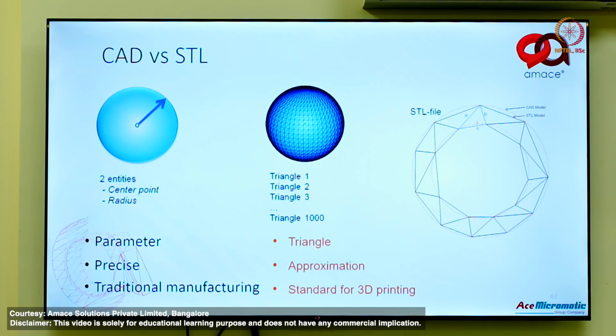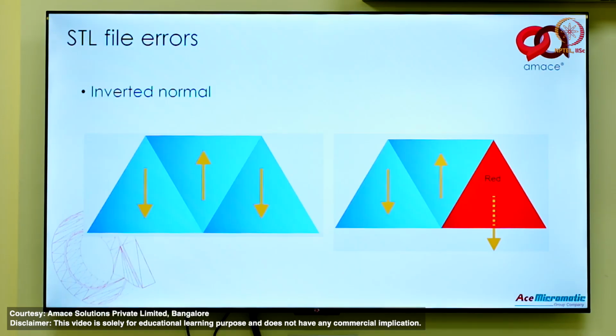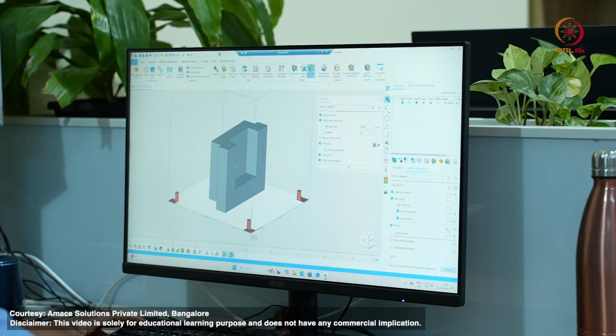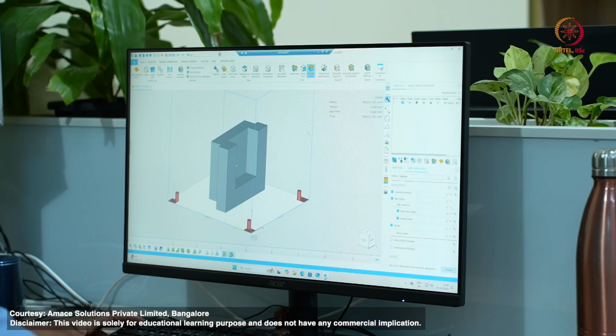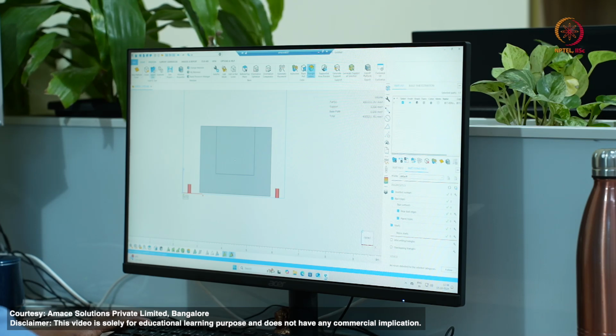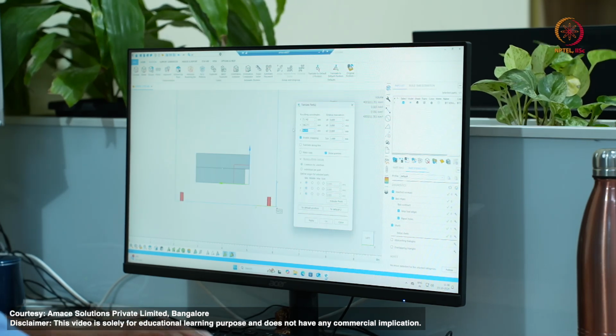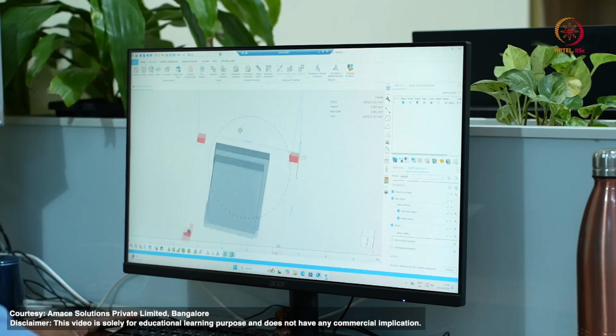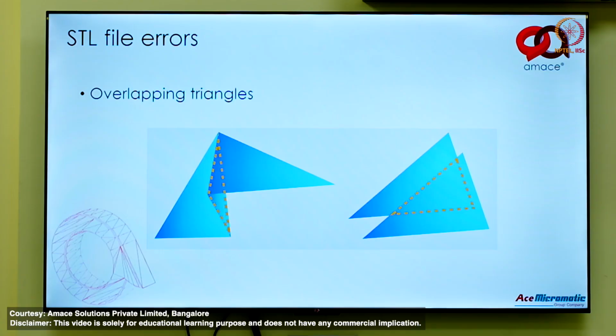So once you import the file, there may be some errors in the model, so that you are able to fix it. Then you can evaluate the part to see whether it is okay. So post that, we are going to orient the part. We will be orienting it in a horizontal way. Whereas these surfaces or the overhangs require supports. So then we will be creating supports for this.